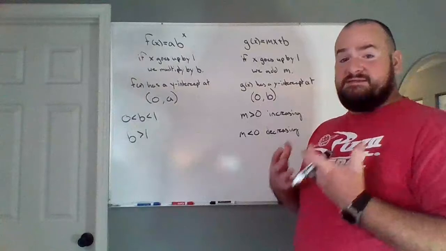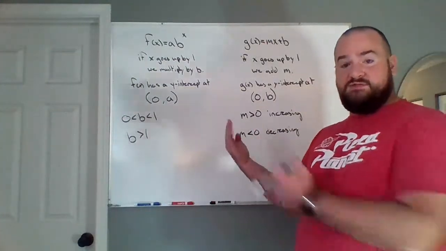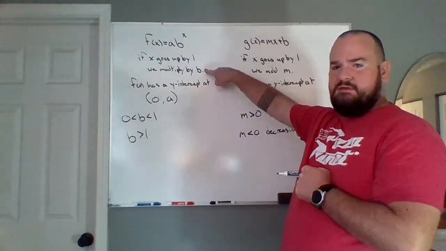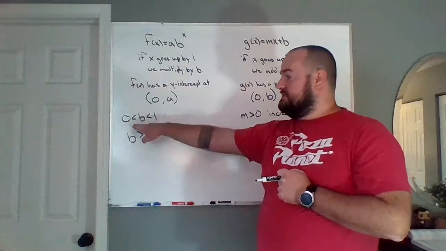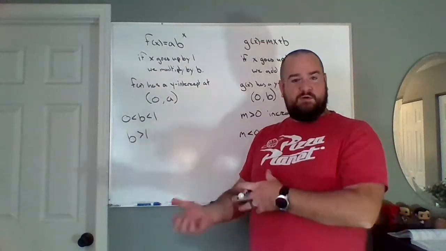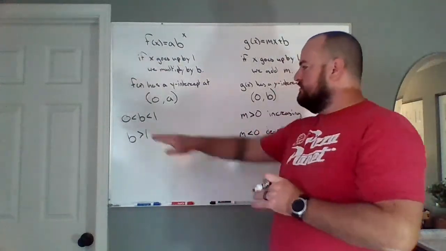What do these two cases give us? Well, if we think about it, every time x goes up by 1, so as we increase along the x-axis, we're multiplying by b. So if I multiply something by a number that's between 0 and 1, like 0.5, 0.25, 0.1, 0.9, things like that, our numbers are going to get smaller. So if we have this,